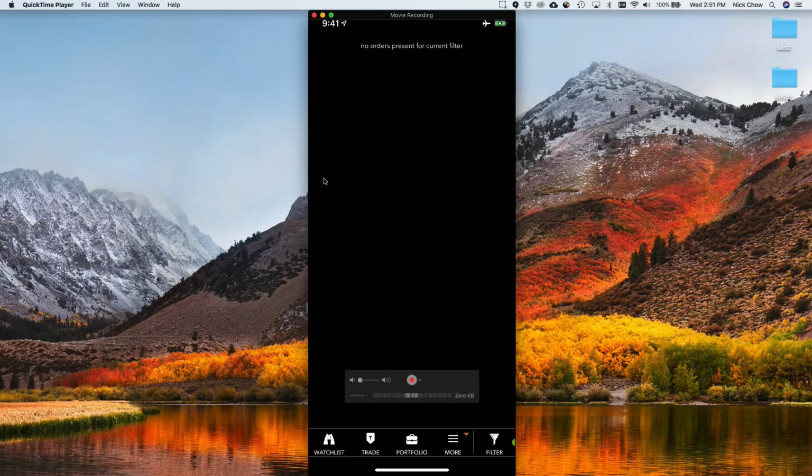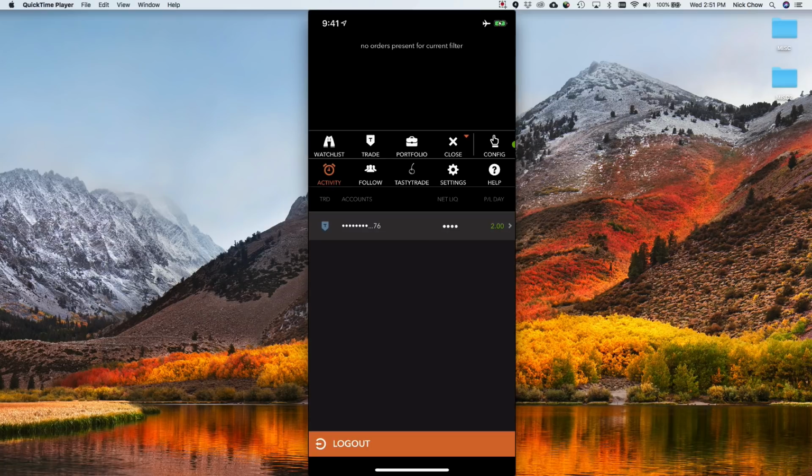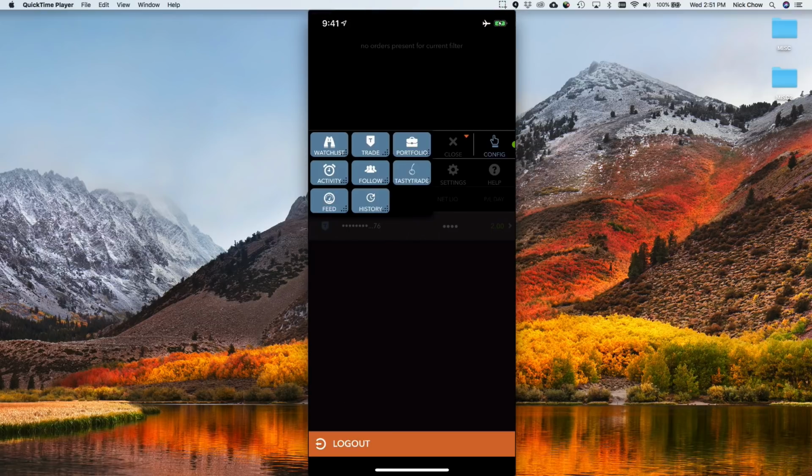Activity shows you what kind of trades you made today. Since I didn't make any trades, there's no trades in here. But later in the video I'll show you how to look at past orders and how to filter by certain symbols or tickers, and we'll go through that. If you want to customize this flow, all you have to do is hit this config here, and once you hit config, you can move these around, just drag and drop them. If I wanted activity to be in front of trade, I'll just drag it and move it,